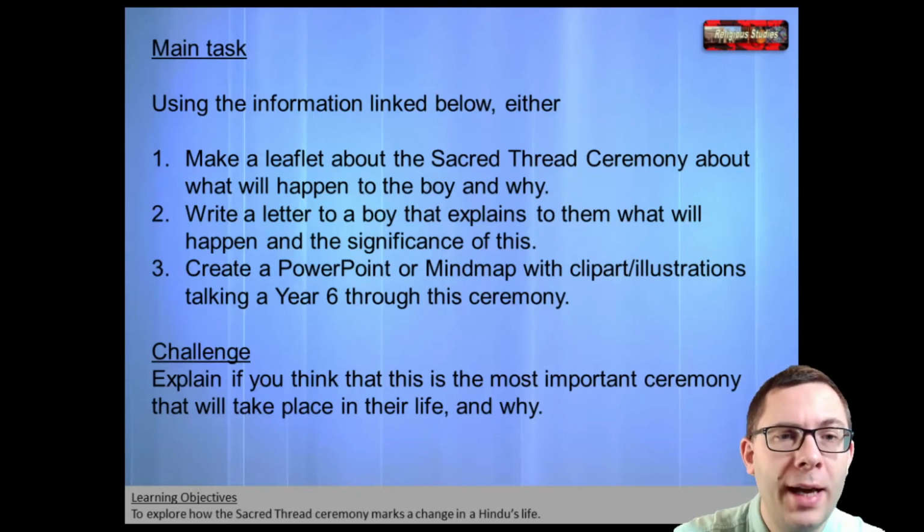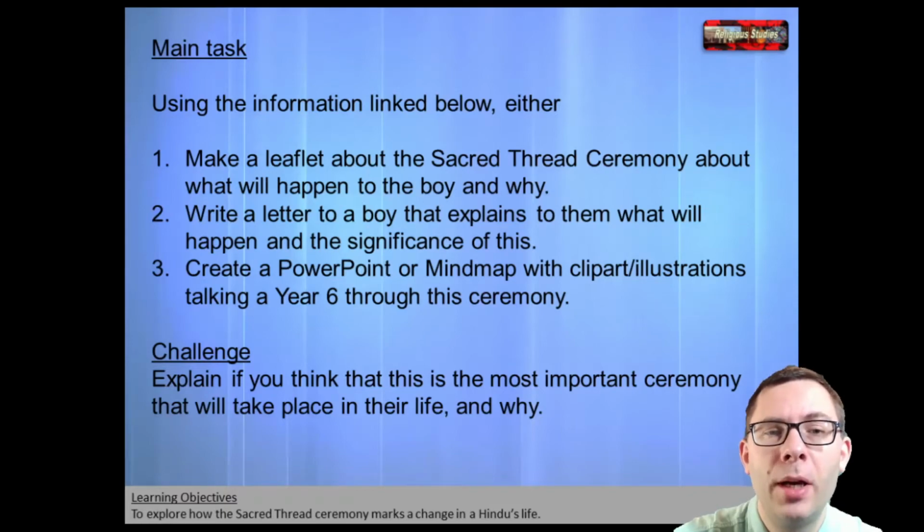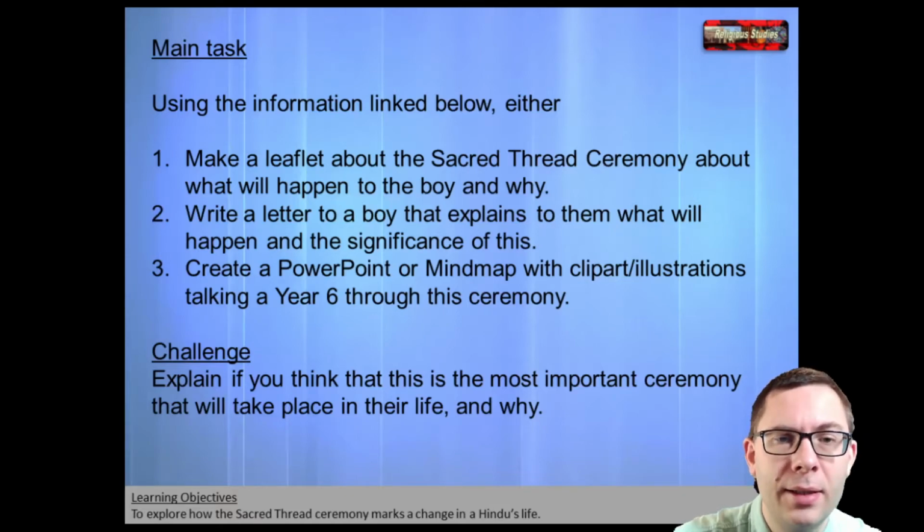You can write a letter to a boy that explains to them what will happen and the significance of the event they're about to undertake. You create a mind map or bullet points with clip art or illustrations talking a year 6 through the ceremony. A little challenge activity for some of you: explain if you think that this is the most important ceremony that will take place in this child's life and